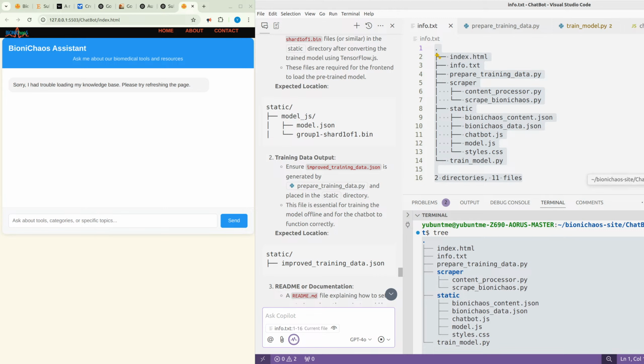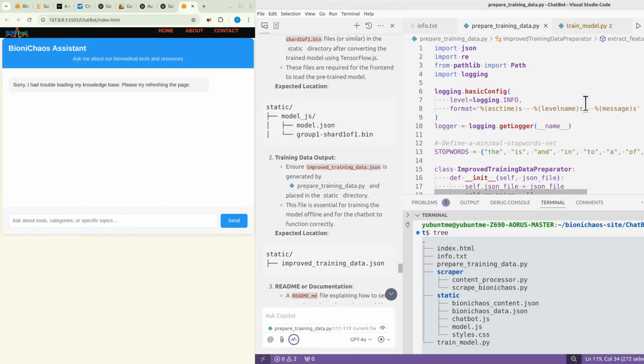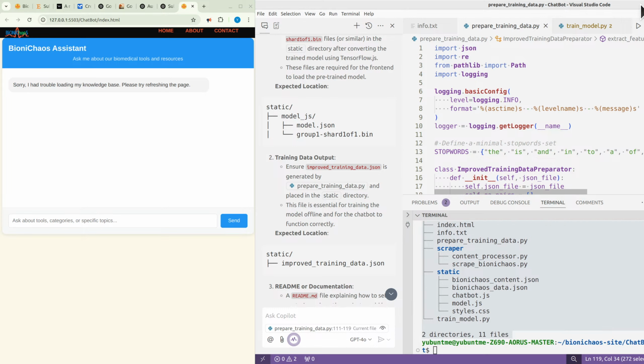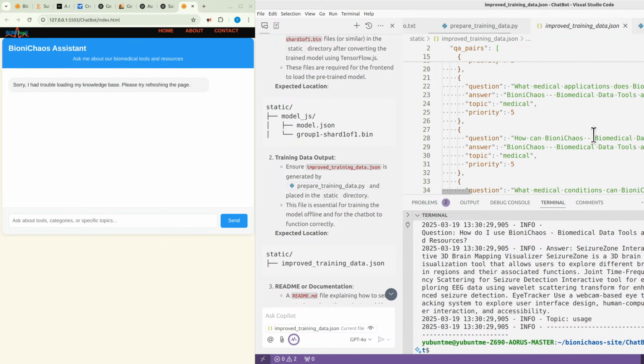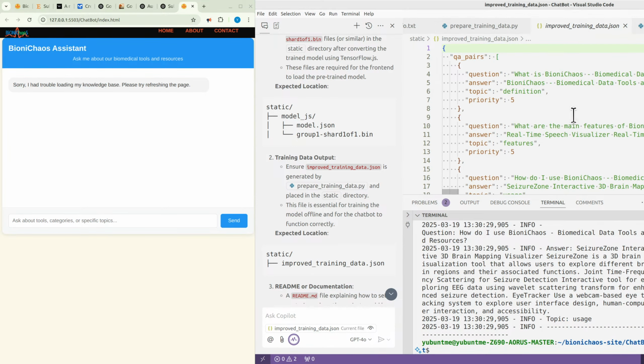Converted TensorFlow.js model files. You need the model.json and group1-shard1of1.bin files, or similar, in the static directory after converting the trained model using TensorFlow.js. These files are required for the front-end to load the pre-trained model. Expected location, static/model_. Okay, so we